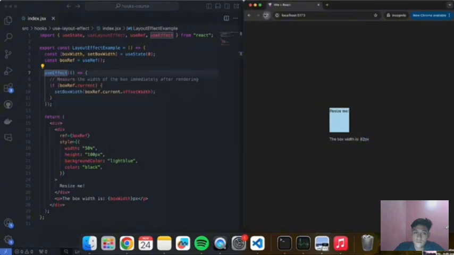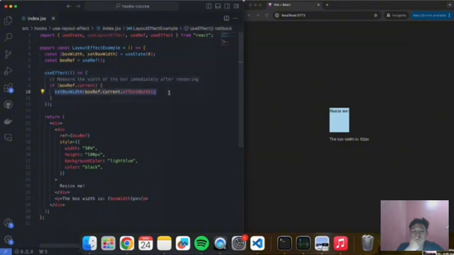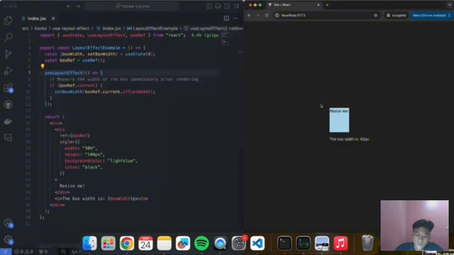So technically, for a brief second, if we refresh this and it's rendering for the first time, if we're using a useEffect, it wouldn't have the information accurately for the box width until this ran, and then it set the correct information. So this is all that the useLayoutEffect does. It just runs before the useEffect. It runs in that small gap between the DOM existing and having its changes and the UI being painted into